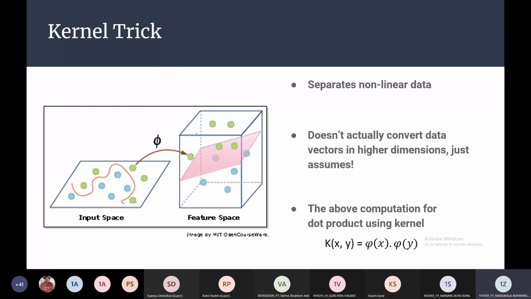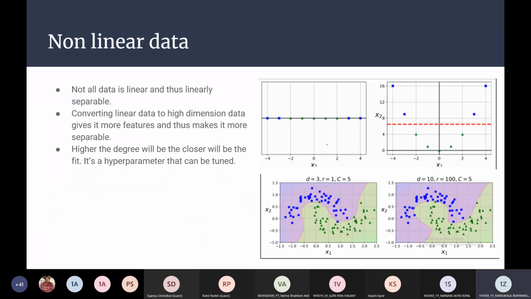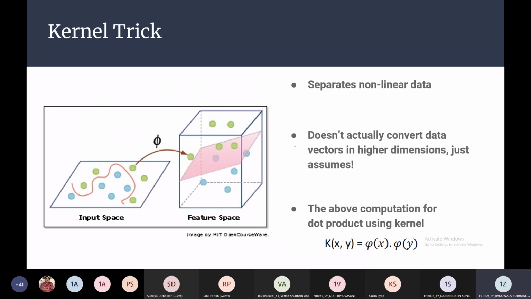All right, so now the polynomial example that I showed you earlier can also easily be converted into a kernel trick known as a polynomial kernel. Another thing that you should keep in mind when using these kernels is how much the feature space of a higher dimension actually affects your data. So there are hyperparameters for this, which basically limit the influence of higher dimensional data, which you might or might not want.